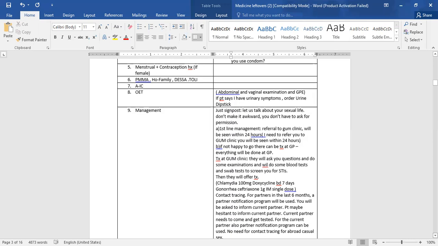Because you are at risk of STI and STI can easily spread to other people. So to make sure of their good health, we need to call them and screen them for sexually transmitted infection. If at this stage the patient says, oh no, you are going to tell them my details, you have to reassure them: well, I can see that must be difficult for you, you must be worried about that, but Linda, there is no need to worry, because what we are going to do is get help from the patient notification program. It is basically a service in which you just give a few details of your partners, and they will be contacted